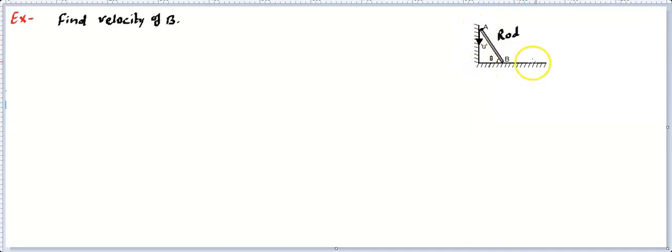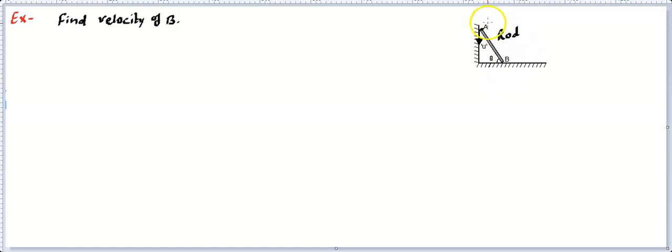This is placed on two vertical walls. This is a vertical wall you can think of. This is the ground. So two vertical planes you can think of. And at a certain angle, this makes angle theta, or at a certain instant it makes angle theta. And at this instant the velocity of this point A is downward with u, and we are supposed to find the velocity of point B. So at this instant, what is the velocity of point B going to be?